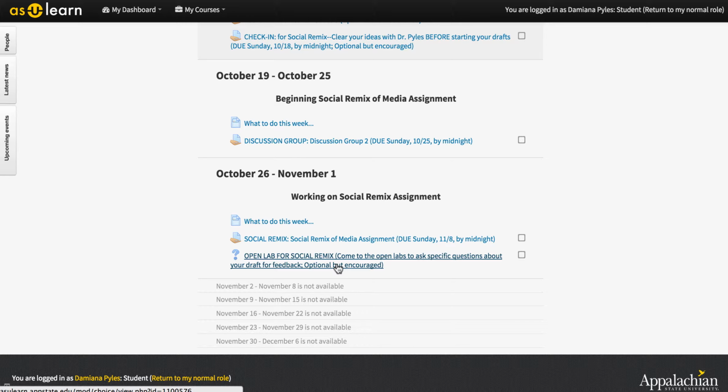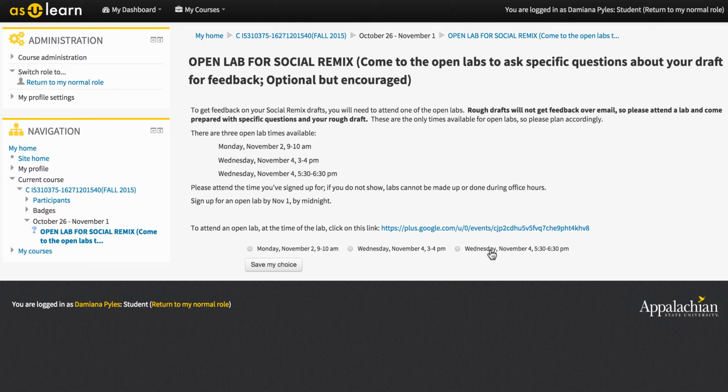So this is how we're going to do it. We're going to do open labs. And so just come to one of these times. You can choose these choices. You can come to multiple ones, but keep in mind I can only do 14 people at a time, and that's still a lot. So come to one of these times, bring your draft, bring very specific questions. I'm not just going to look at it. That's not very productive for you to get good feedback. Bring in your questions, and I'm happy to help you to talk about your drafts before they're due.